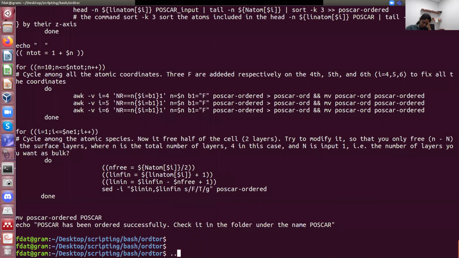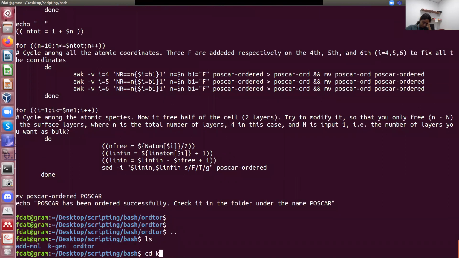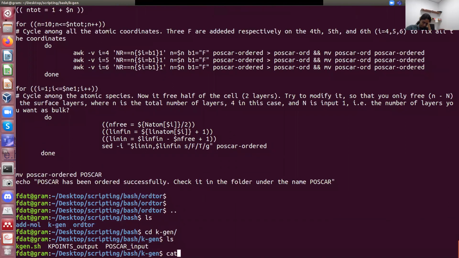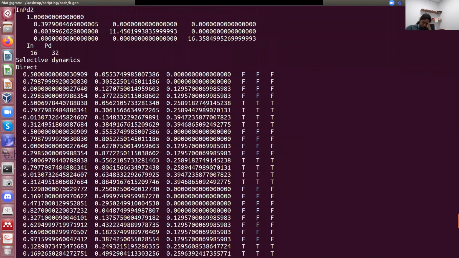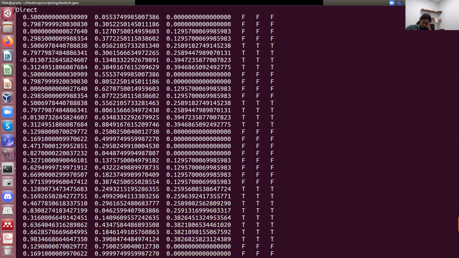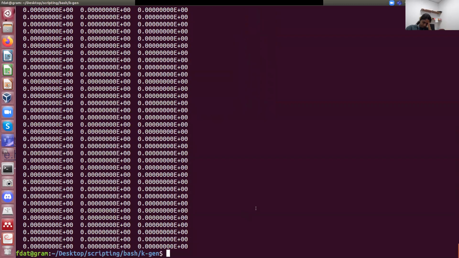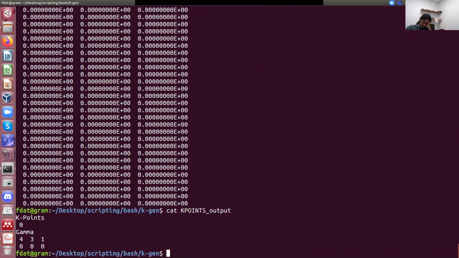And then, so this is more or less done. This one as well. As I said before, you take as an input the POSCAR where you have the different lattice vectors, the one that you have. Where is the mouse now? Losing my mouse. Okay, yeah. And what you want to get as an output is a KPOINTS file.